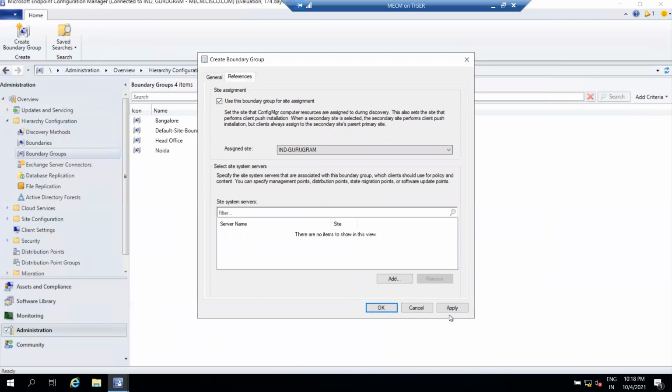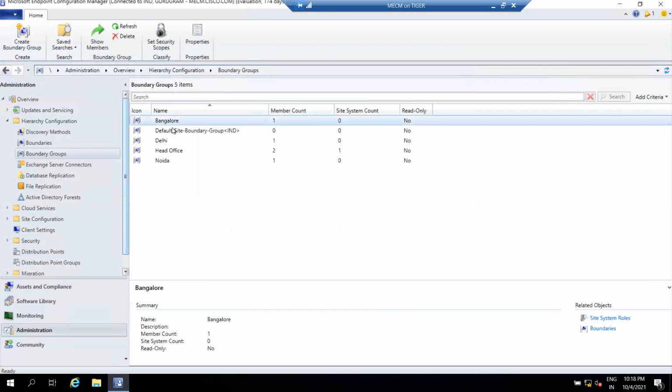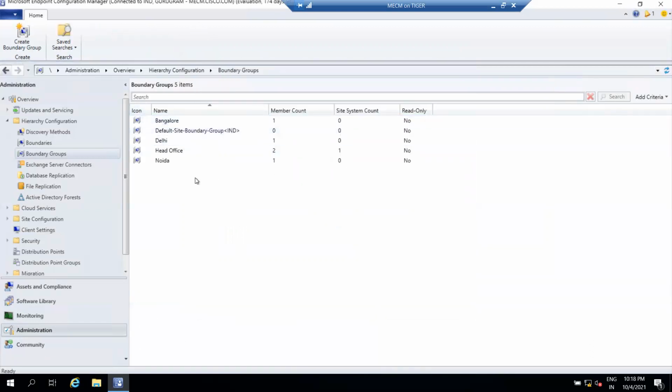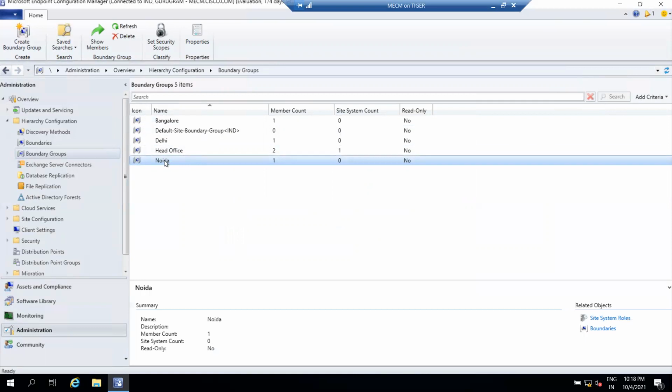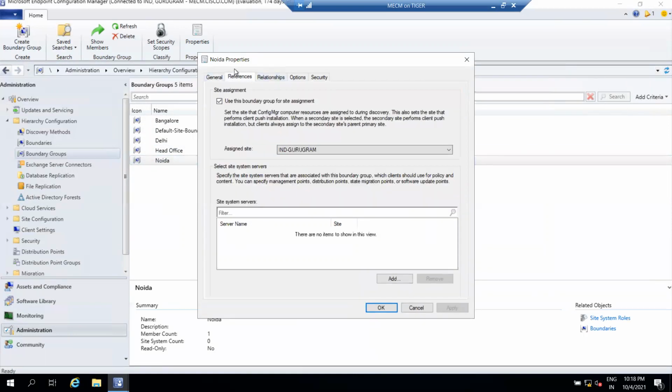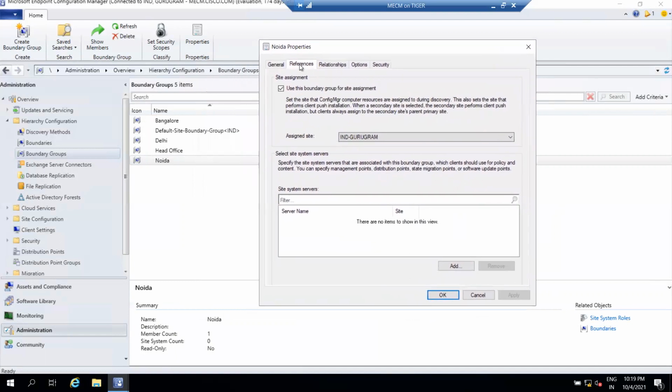Yes, site assignment, and click on apply, okay. When you create a DP in these remote locations, you will have to add the site system server. So open the properties of a boundary group, click on references, and then click on add under site system server.